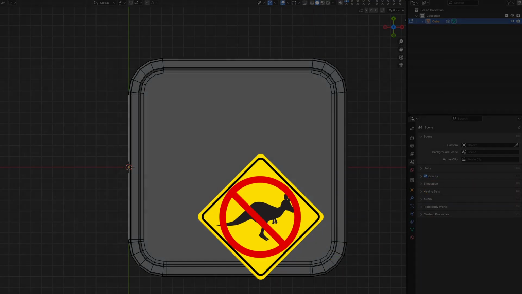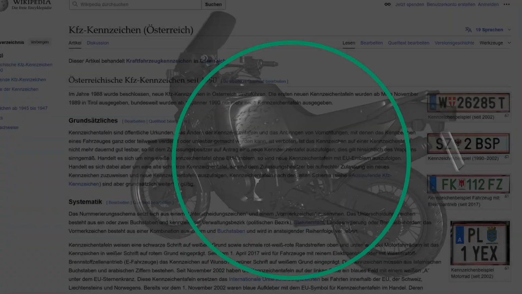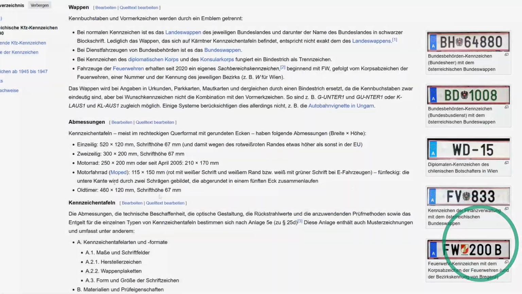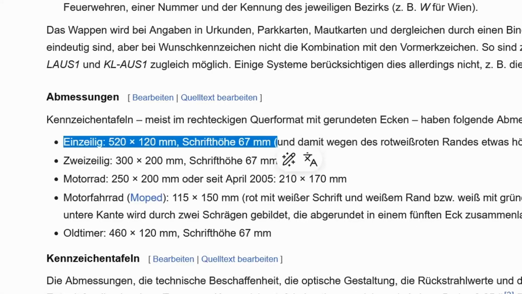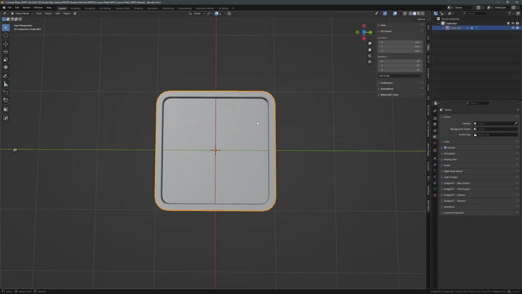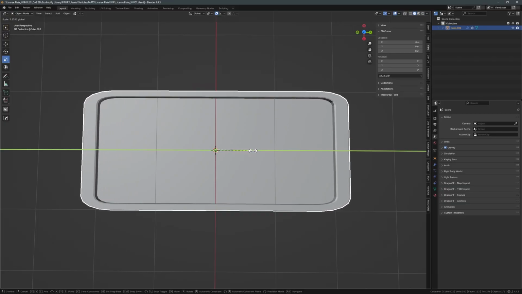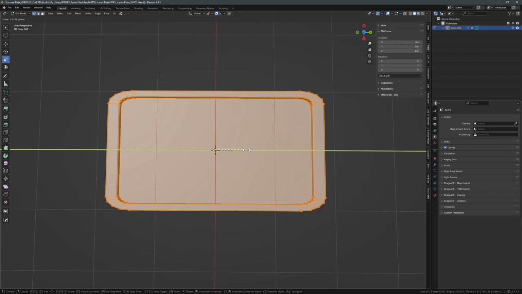In Austria, where I live, practically only motorcycles and trucks would use those, as you can see on this Wikipedia page. The much more common shape is 520 by 120 mm, which reduces to 13 by 3 or an aspect ratio of 4.3. If I bring my shape to these measures, I realize that it's not as simple as just stretching it, because then also the bezel would stretch while it must have an even diameter around the whole plate. And the edit mode makes no difference there.